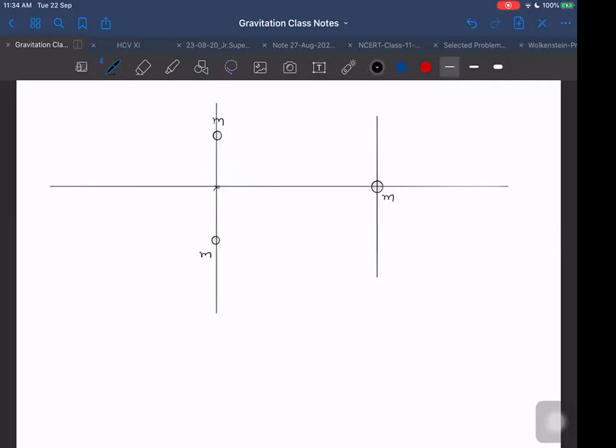Now, what will be the field due to, let us say, these having radii a each? Then the field at the surface will become GM by a square. If each is having radius a, I am keeping r for this distance, and I cannot take r as that, so a is the radius, let us say. GM by a square will be the field at the surface. And after that, here it is 0.